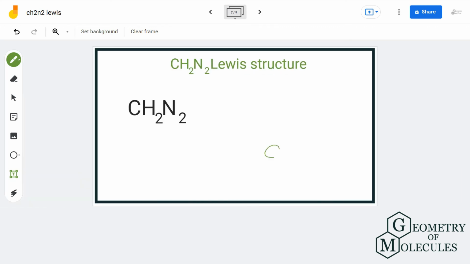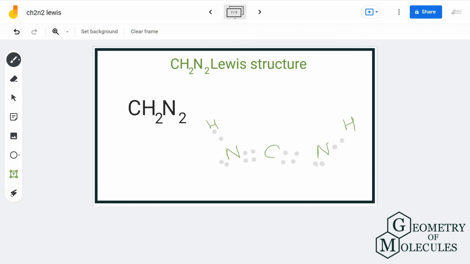We will arrange carbon in the center and 2 nitrogen atoms around it and attach 1 hydrogen atom to each nitrogen. Let us put 2 electrons between each atom for the bond formation. This way we have used 8 electrons and we are left with 6 more. Carbon needs 4 more electrons to complete its octet and so will assign it 4 more. Now each nitrogen needs 2 more to complete its octet and we still have 4 electrons left, so we'll assign 2 electrons to each nitrogen atom.